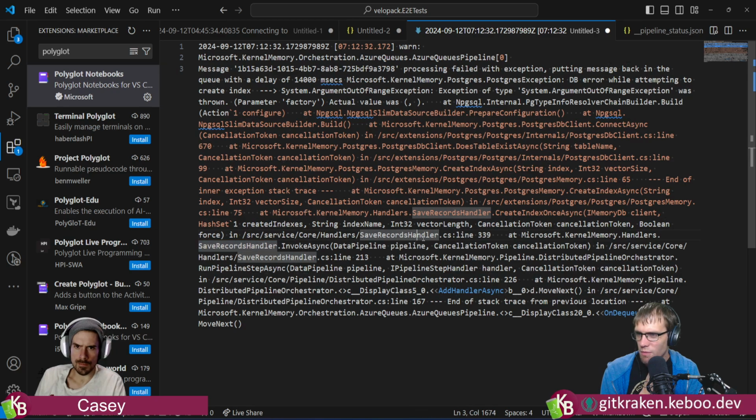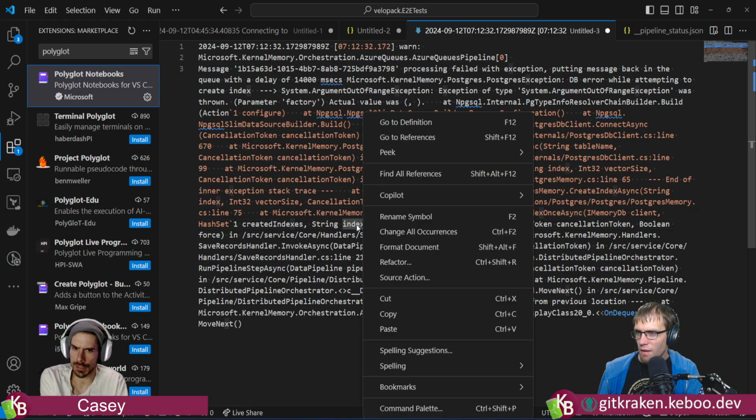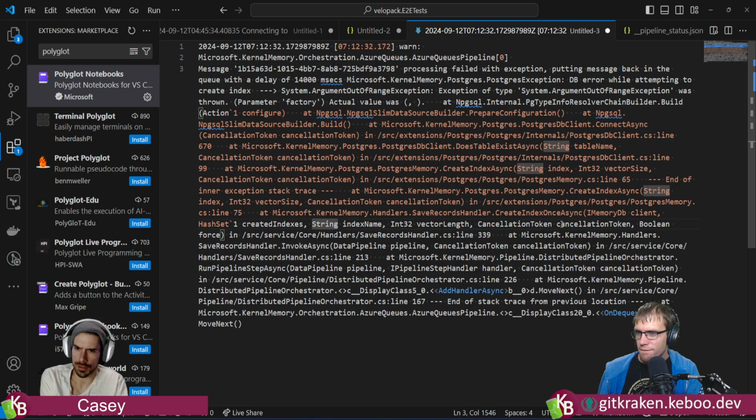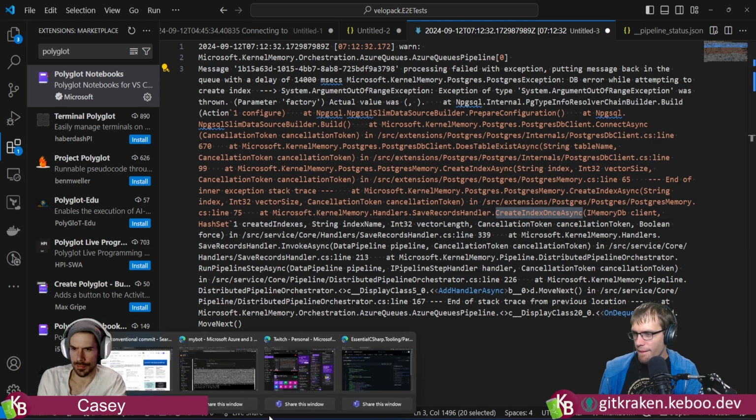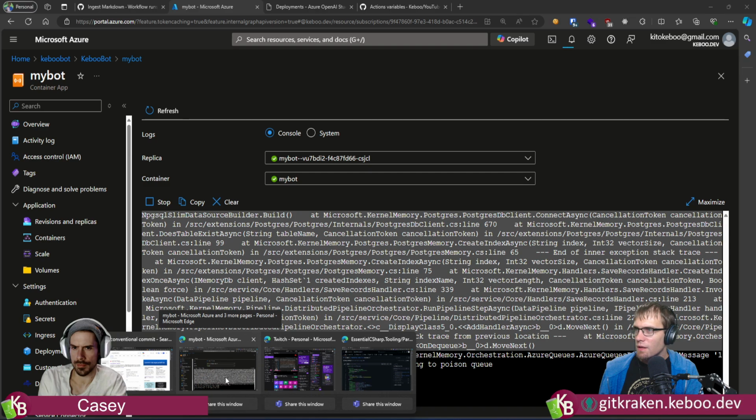I mean, we can even go look straight at this code. Line 339. But it calls create index once async. Yeah, go to that. Create index once async. Let's see here.